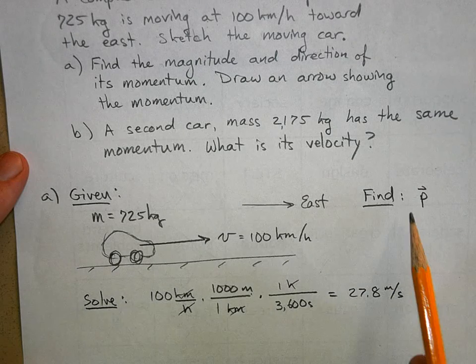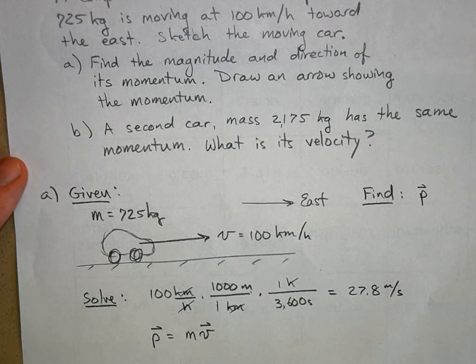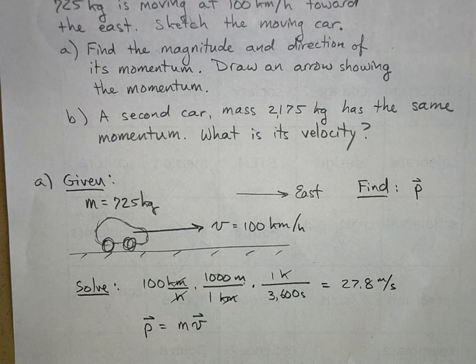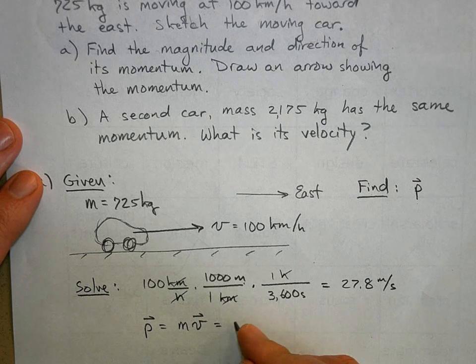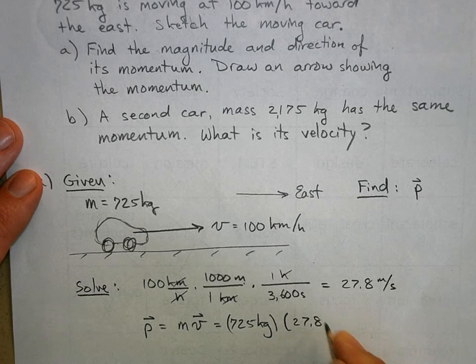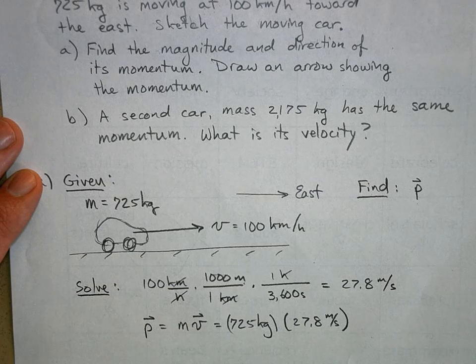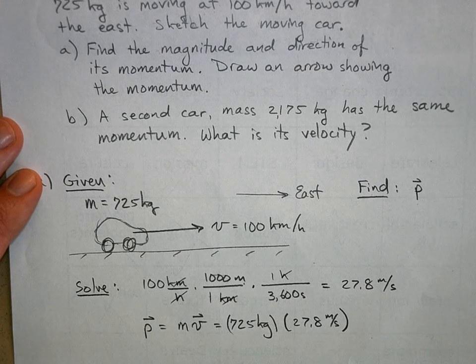So that's our velocity. Now we want to find our momentum. We know that P equals m times v. You just have to know that. That's our definition of momentum. The momentum of an object is its mass times its velocity. So we know its mass. Multiply that by the velocity, and you get